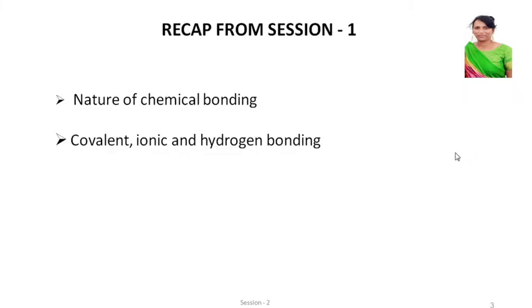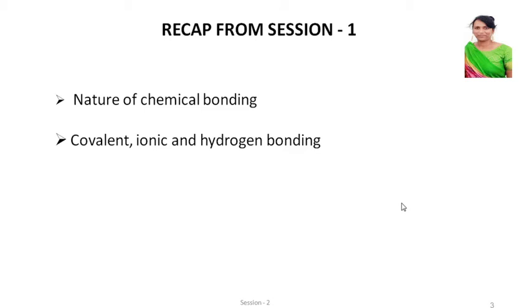We need a little bit of recap from what we have learned in the previous session. Just recall, we had seen what is the nature of chemical bonding. We discussed how atomic orbitals come together and they overcome their repulsive forces and attractive forces predominate. Slowly, the energy of combination goes on decreasing, and then if the atoms come very close, the energy once again increases. We had seen that energy profile diagram like this. So that is the nature of chemical bonding.